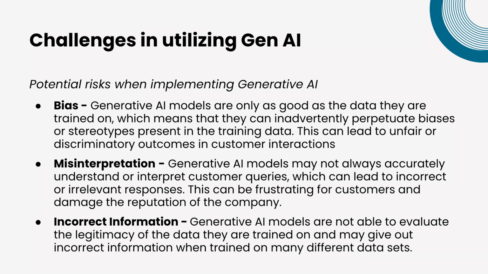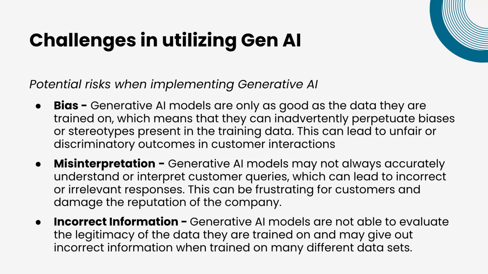So, general challenges with generative AI is bias. The model is only as good as the data that it's been trained on. So, we don't want to inadvertently perpetuate biases. This is something that we always want to look out for. Is there anything unfair or discriminatory coming out of our models? And that can be avoided with testing and putting in some of the guardrails that we're going to discuss later